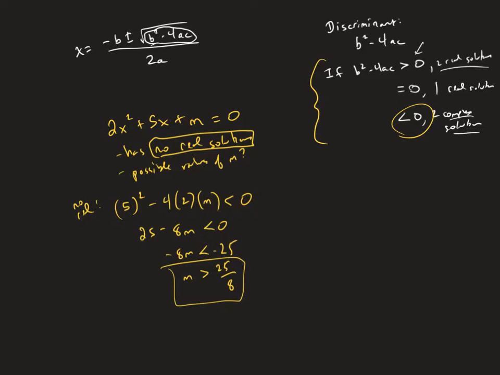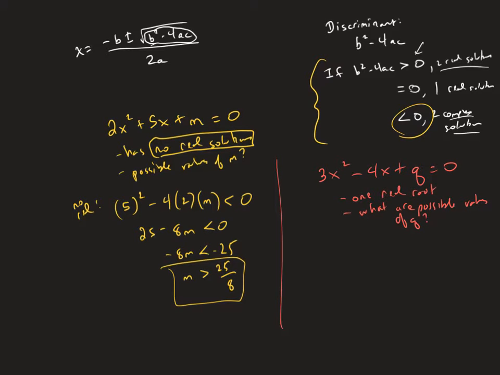I'll give you another one just so you can make sure you understand it. So I'm going to give you another quadratic equation. Let's make it q this time instead of m. And this time, let's say there's one real root. And then what are the possible values of q? So again, we look at how many roots we have, one real, and when it's one real, the